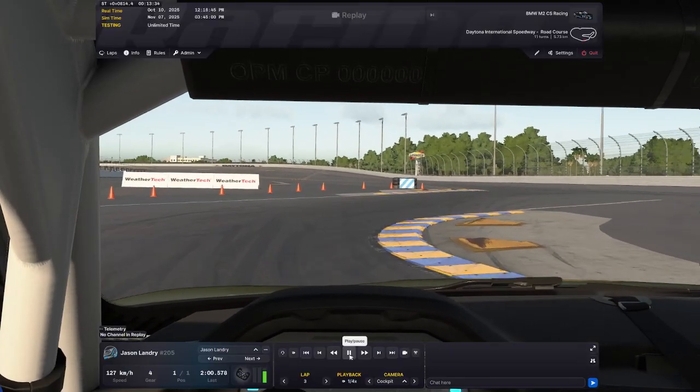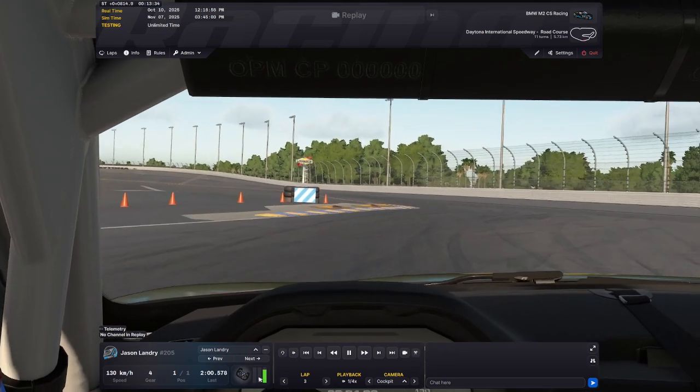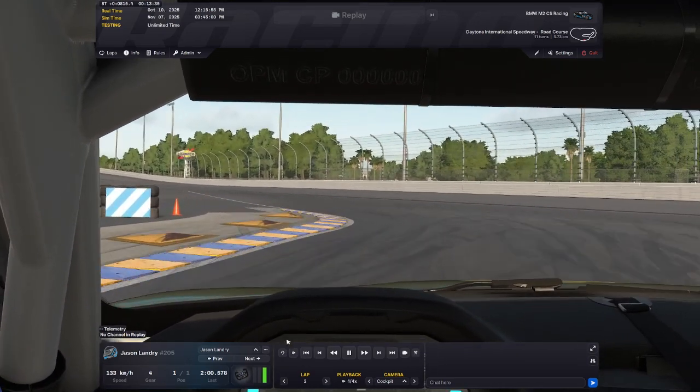So I'm coming on here. I think I'm in fourth gear here. I'm going to hit this curb a little bit. It's going to kind of spin me slightly so that I get a better line coming out of this corner here. So you can see I hit the curb, it kind of gets me turned a little bit,